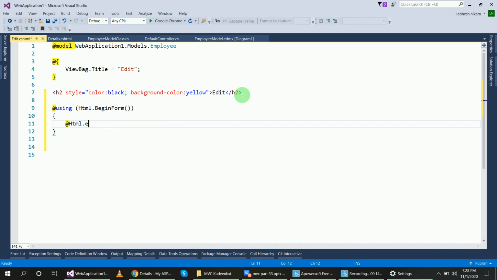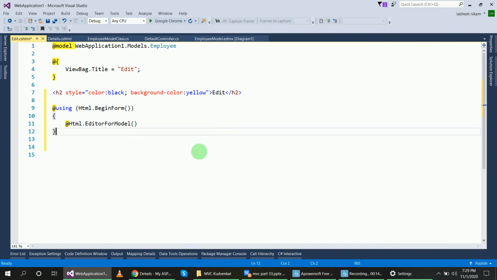Okay, I have used here this EditorForModel, and now we will run the program. You can see here this is my editor template, and now I can edit here. So using this I can display the model.